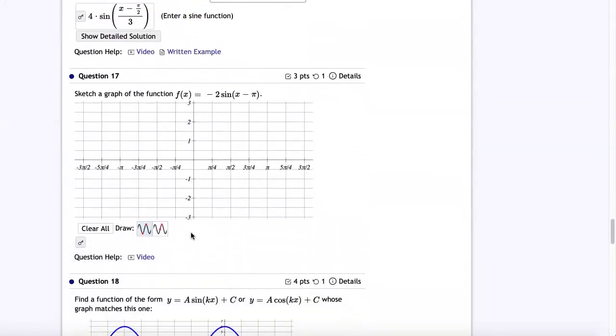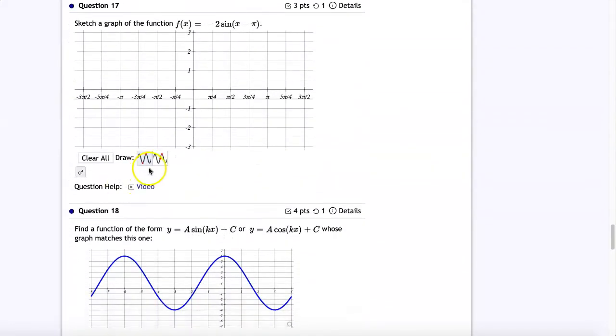Okay, now question number 17, I need to sketch the graph of this function. It is a sine graph with a normal period of 2 pi, but it has been shifted to the right pi. So if you shift to the right pi, you're going to be starting right here, and then the graph is going to go down first because it is a vertical reflection of the sine graph. And so I am going to go in 1/4 cycle, which would be pi halves,